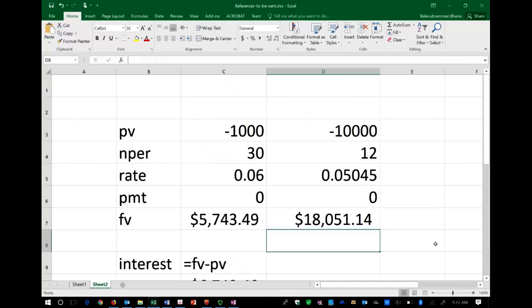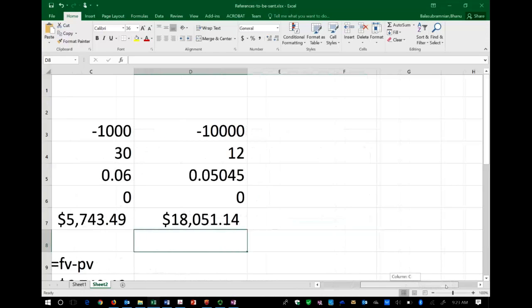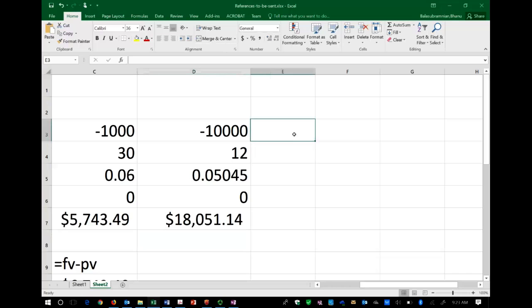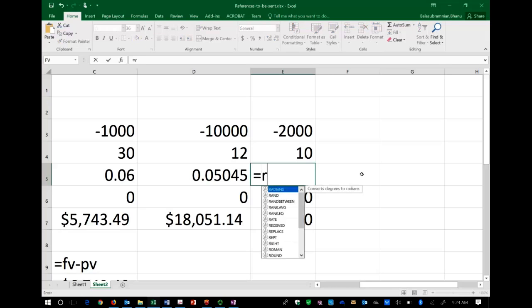So problem number 3: what is the present value? $2,000. My future value is $8,000. I do not have any payment, and how long do I have to wait? How much? 10 years? 10 years. So now I have to calculate what is the rate, right? Rate is equal to